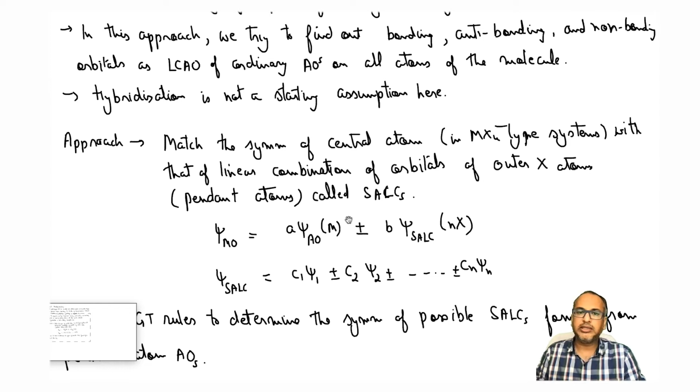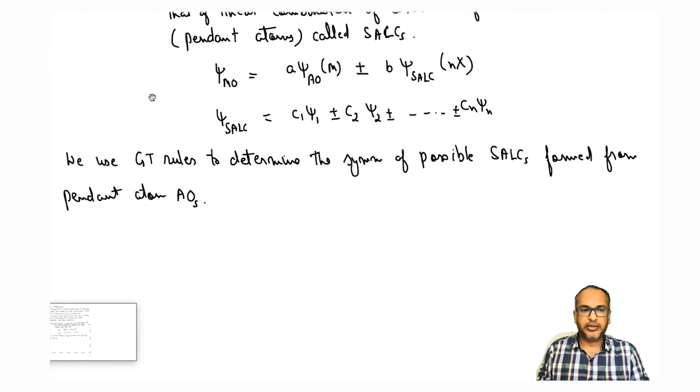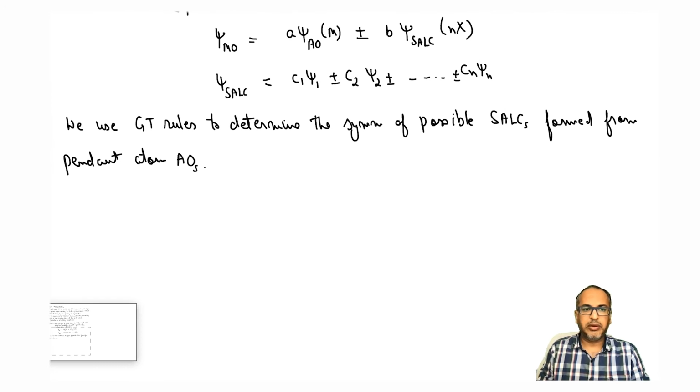In case of localized, what we did, we did hybridization here at the central atom, and we did the SALCs of the external, and then we matched the symmetries, right? In case of MO theory, we are taking atomic orbitals here and we are creating SALCs of pendant atoms, and so there is no hybridization involved here. So in delocalized MO, that is the basic difference. Okay, all right. So maybe in the end we will just write down the summary of all three so that it is very, very clear. But let's go on with